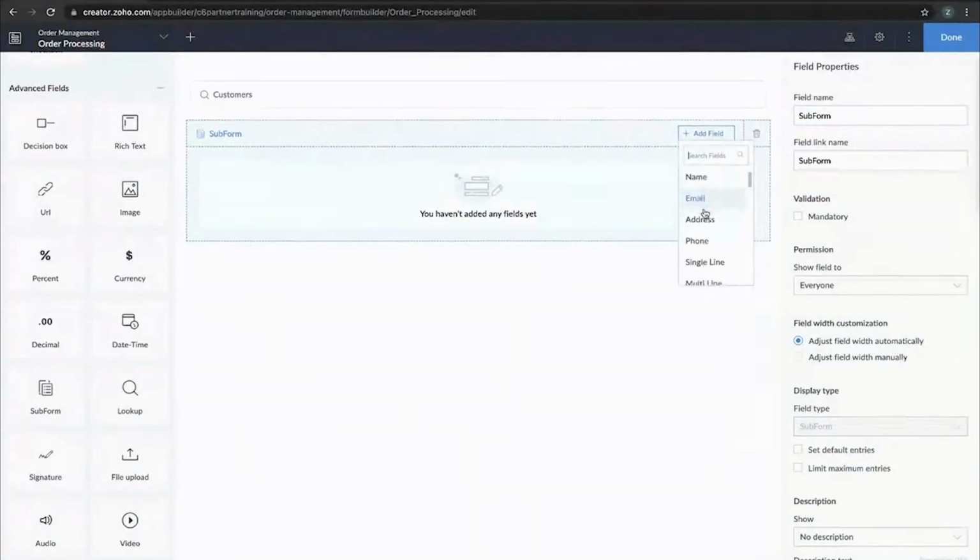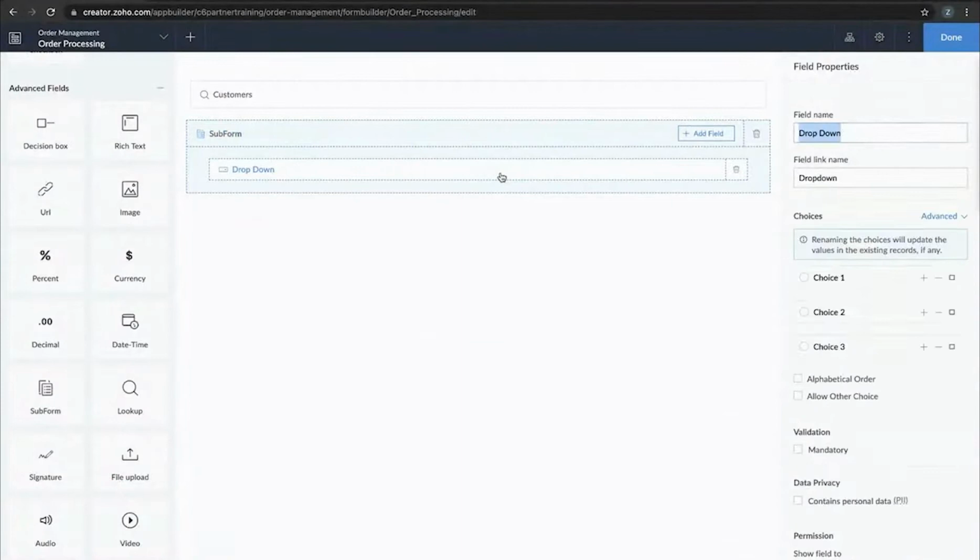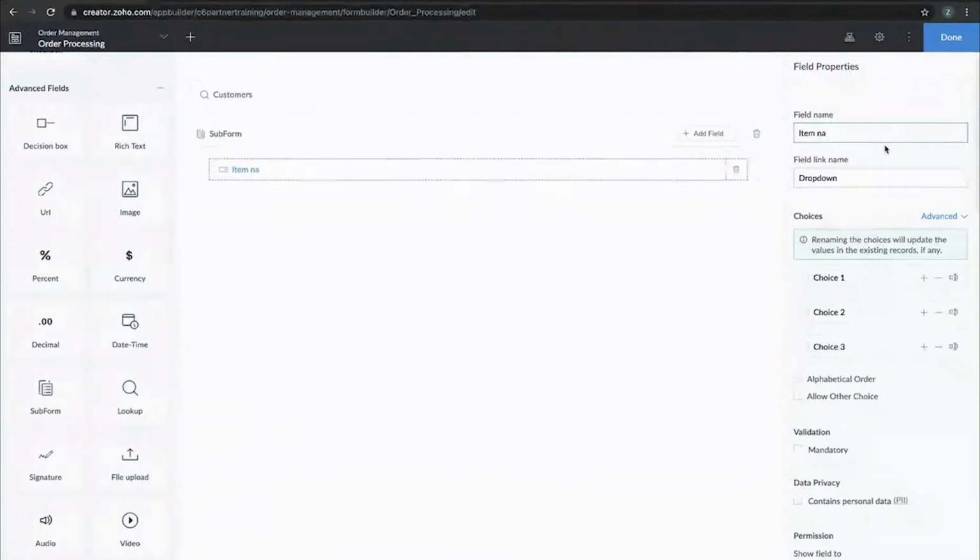I'm going to add a drop down and populate all the inventory items which are available, so that we don't have to type in the inventory name. We can simply choose, and the related details of that particular item are populated automatically. So let me go ahead and create the drop down, and we call this item name,